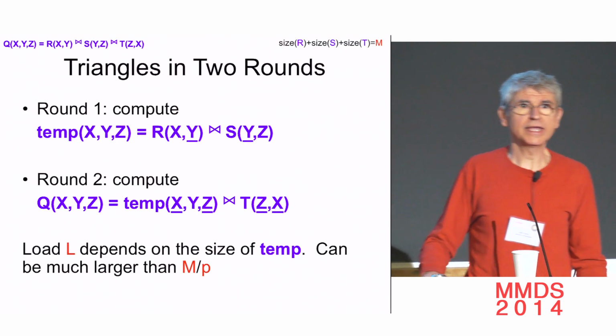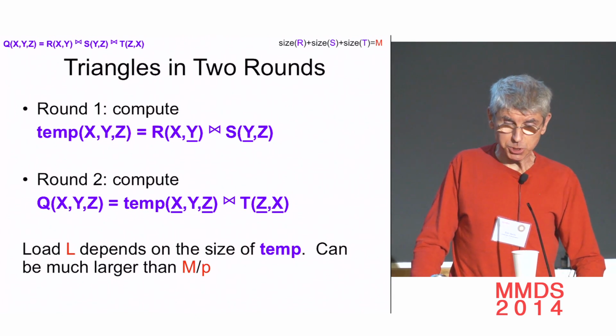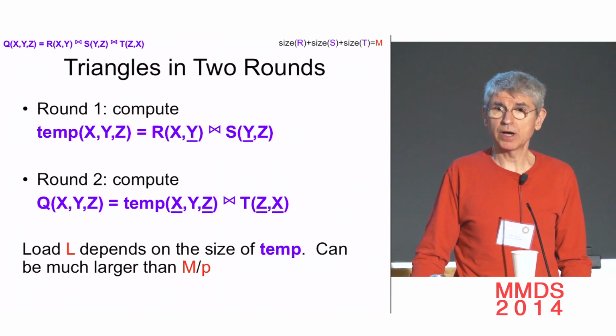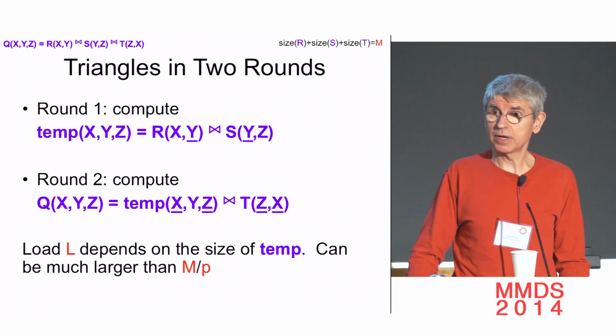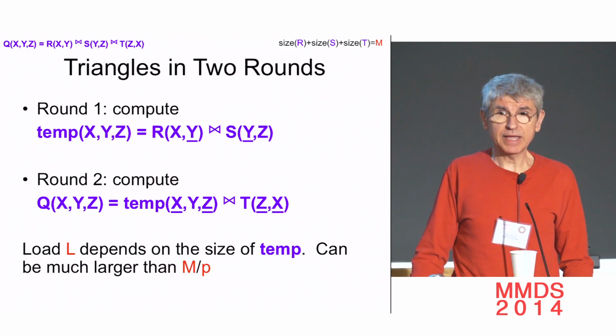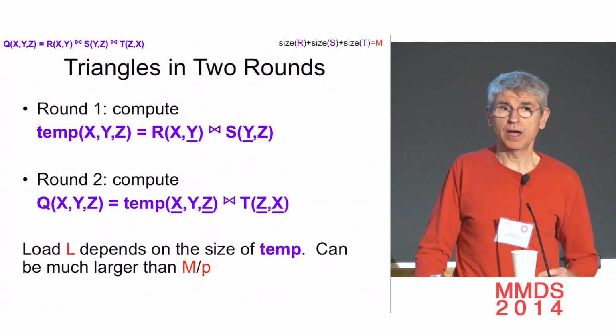Okay, so how can we compute this query? Easy. All database engines do it in two steps. First, they compute the join of R and S, and we know how to compute the join. We hash partition on Y. And in the second round, they take this temporary table and they join it with T, and it's the same join.